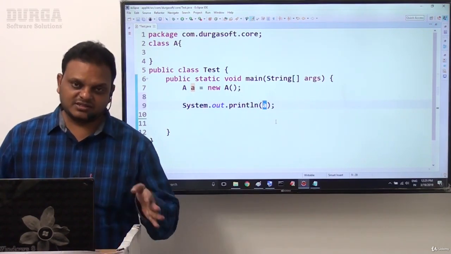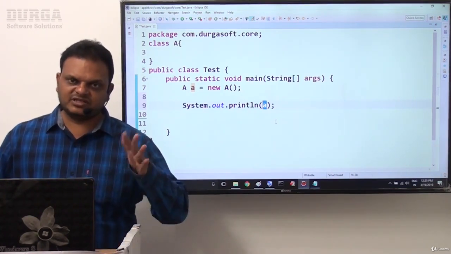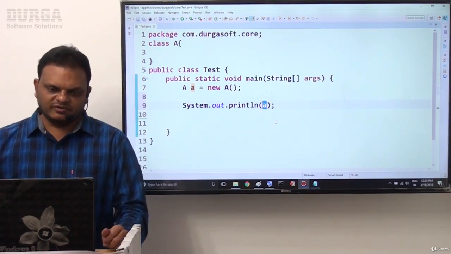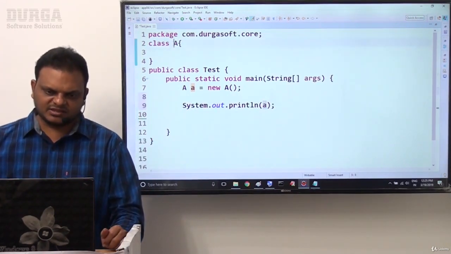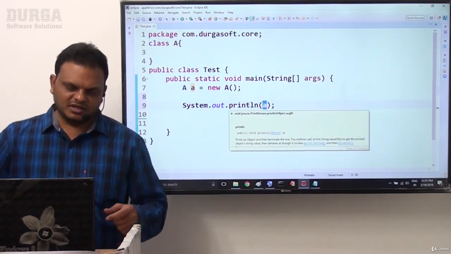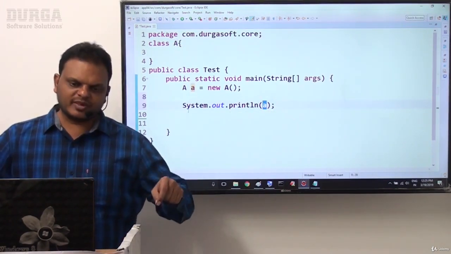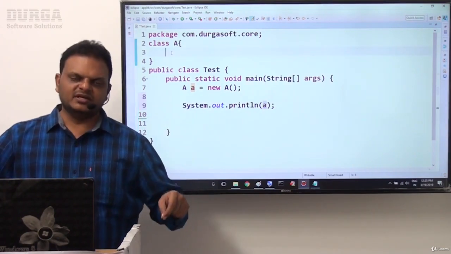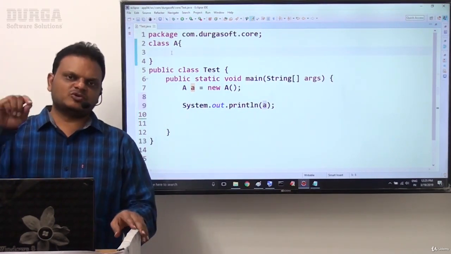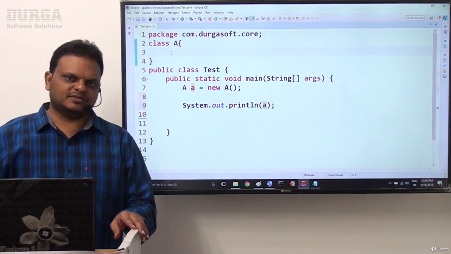If the toString method is not available in class A, then only will the JVM search for the toString method in its superclass.